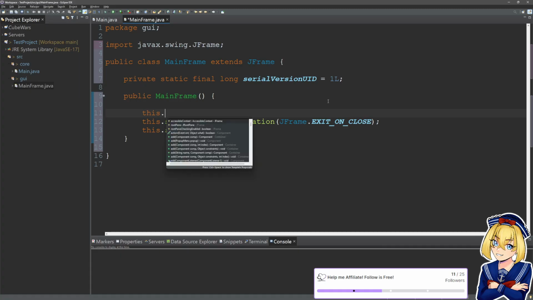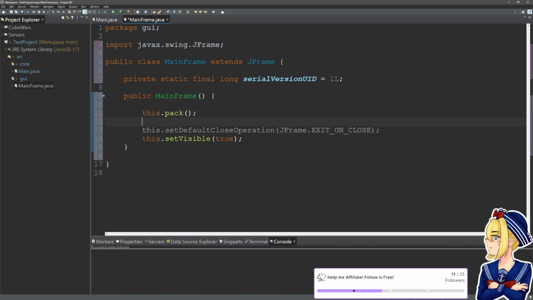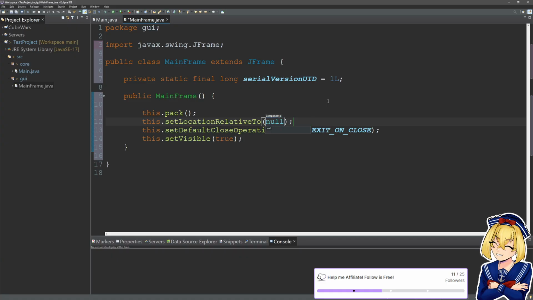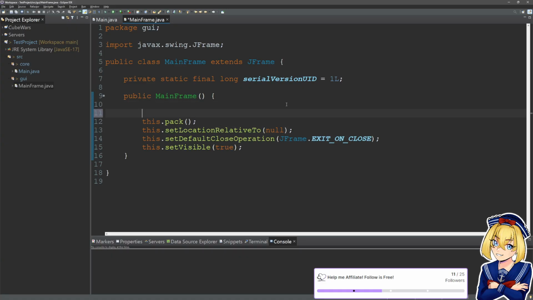We're going to this.pack(). After we pack it, we're gonna this.setLocationRelativeTo(null), and super